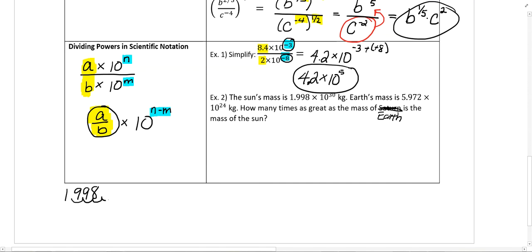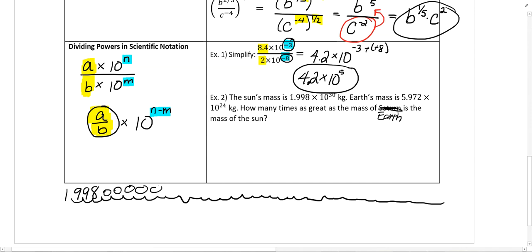2, 3, 4, 5, 6, 7, 8, 9, 10, 11, 12, 13, 14, 15, 16, 17, 18, 19, 20, 21, 22. I'm already tired. Okay. Let's just say the sun is very big. So all of these would be zeros. And I'm not going to write them all. Okay. Anyways, now that we understand how big the sun is, let's see